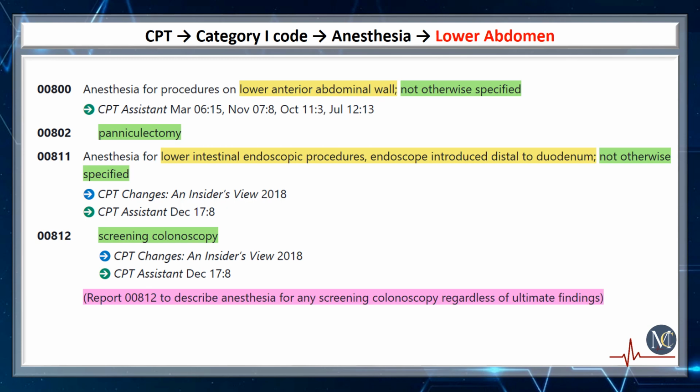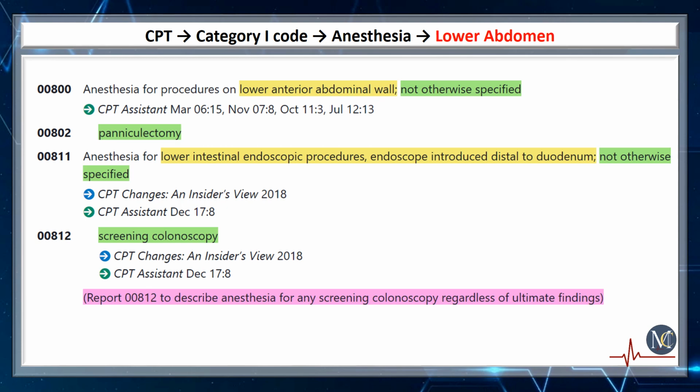Next code is 00811. Anesthesia for lower intestinal endoscopic procedure. Endoscope introduced distal to duodenum, not otherwise specified. The provider performs anesthesia services for a patient undergoing an unspecified lower intestinal endoscopic procedure where the surgical provider introduces an endoscope into the intestine up to, but not into the duodenum, the part of the intestine just below the stomach. Next code is